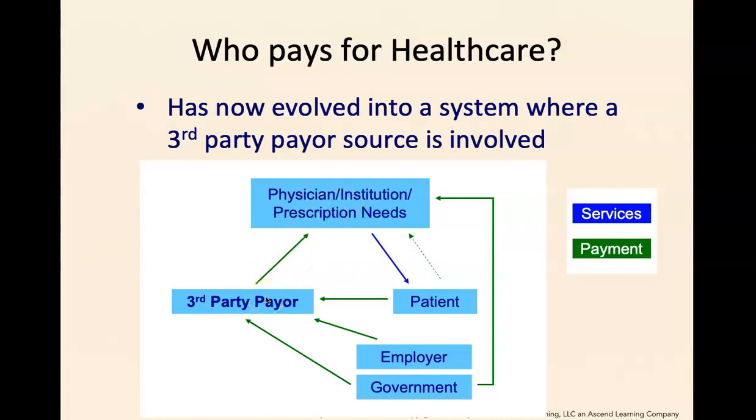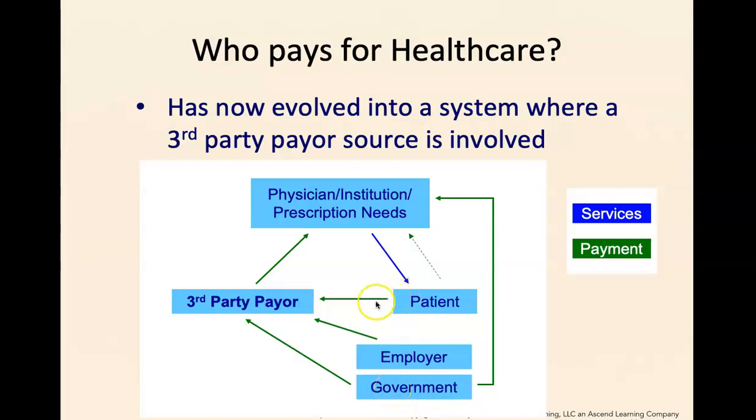Now, the third-party payer source, of course, doesn't do this out of the goodness of their hearts. There has to be some money involved, wherein they are able to put together those resources so that they're able to afford to pay the providers of care. And that would be the employer of the patient, who pays part of the premiums for the health insurance, or the government that would pay, say, the premiums for Medicaid or for other government programs like TRICARE if you're with the military. Okay?